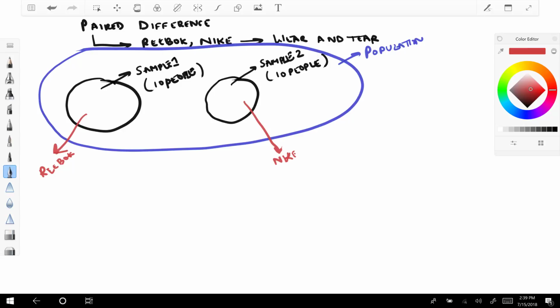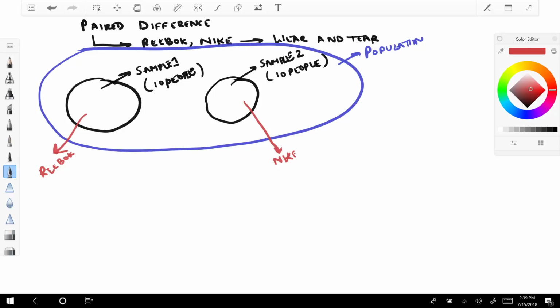So we can ask them to wear Reebok and Nike shoes for 1 year, and after 1 year we can take the shoes back and measure the wear and tear. So that's one way of setting up an experiment, but the problem with setting up the experiment in